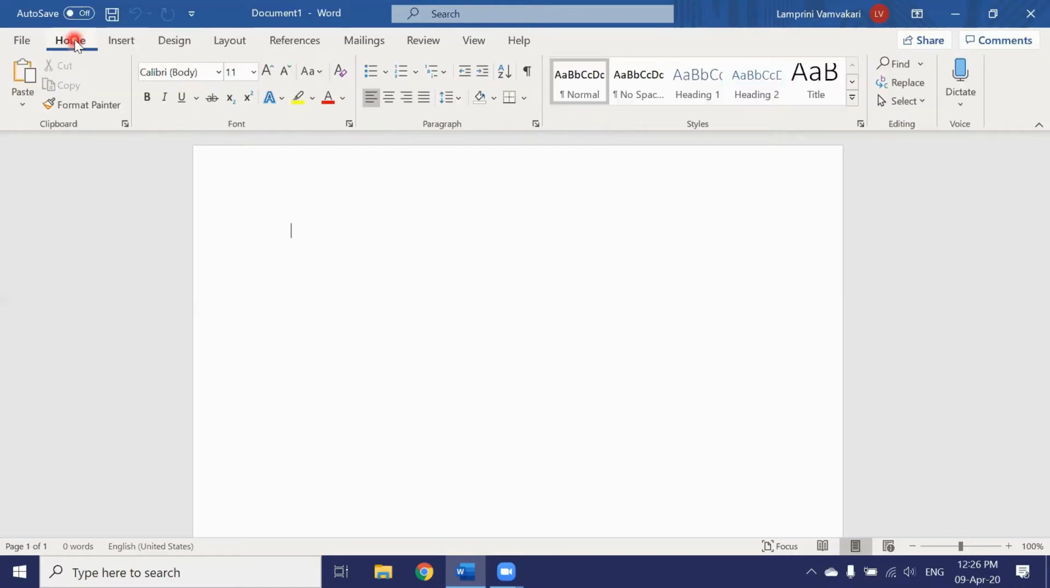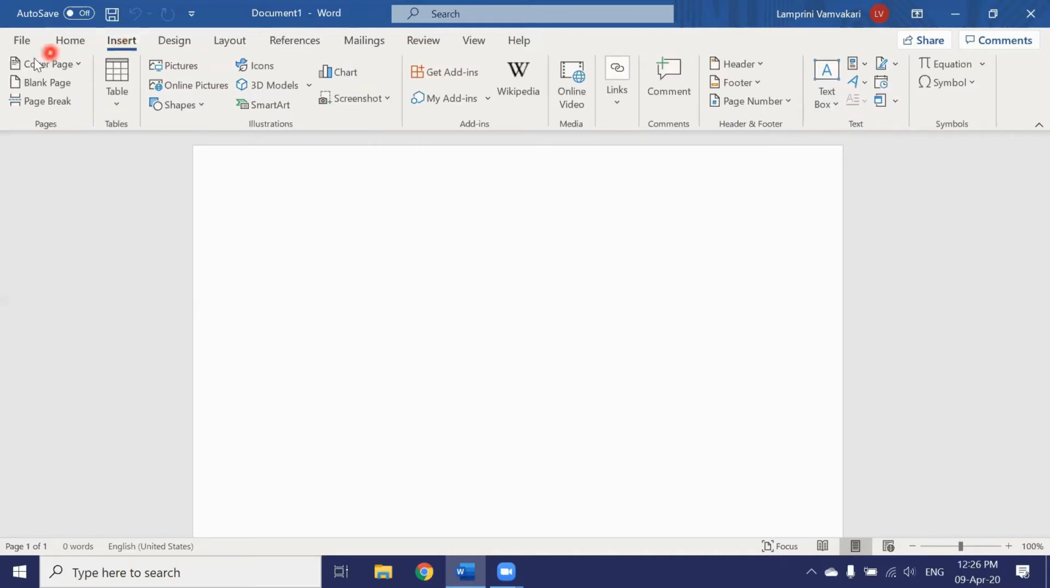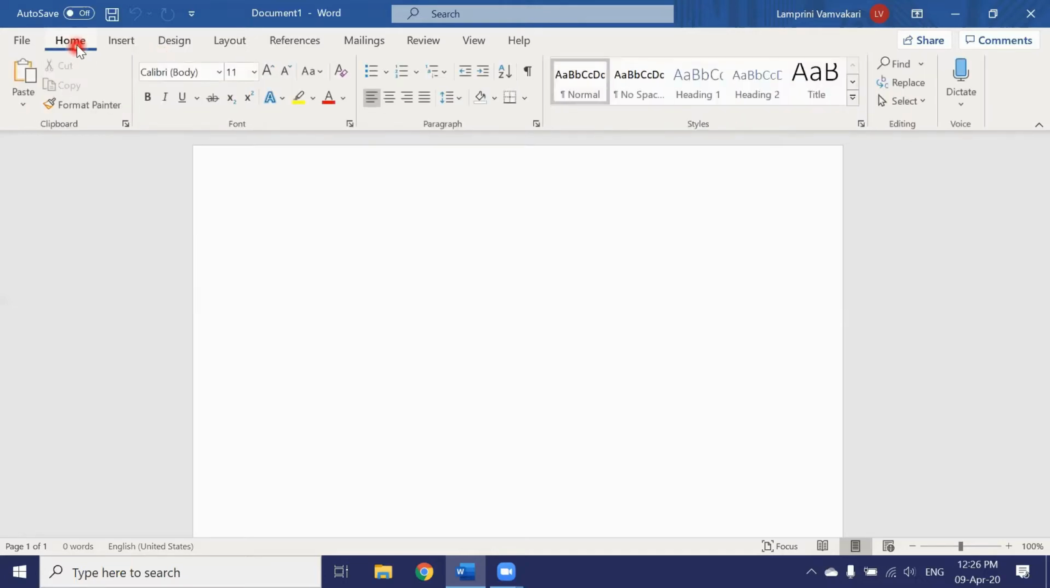So, this is the ribbon of the Home tab. This is the ribbon of the Insert tab, and so on. Each ribbon is then divided into groups. For example, in the Home tab ribbon, we see the Clipboard group, the Font group, the Paragraph group, the Styles group,